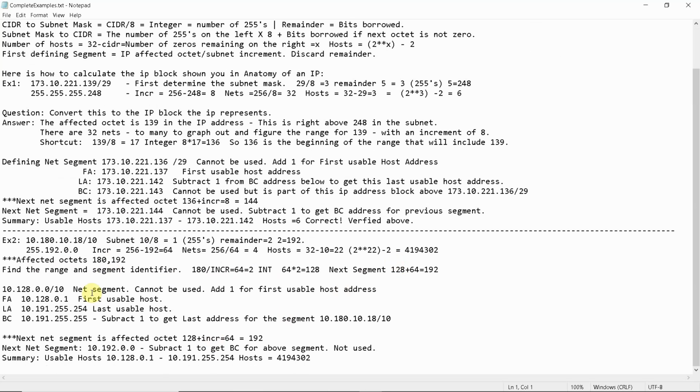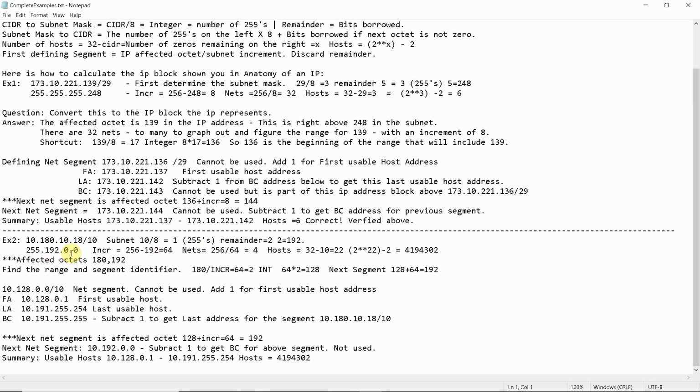But now we're down into like Class B, Class A network, this is going to be a little more difficult, but watch how easy this is. Pretty excited here, sorry about that. So we got 10 divided by 8 is 1, we got 1 255, remainder 2, 2 192. So there we got our